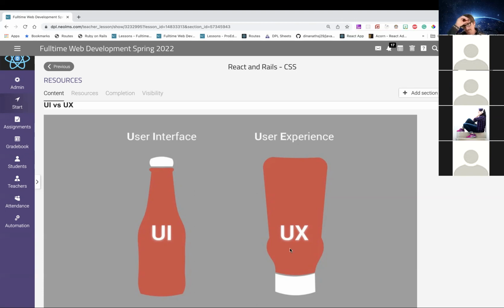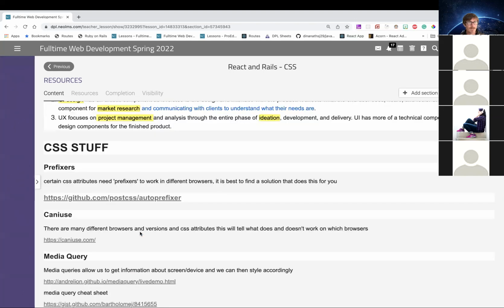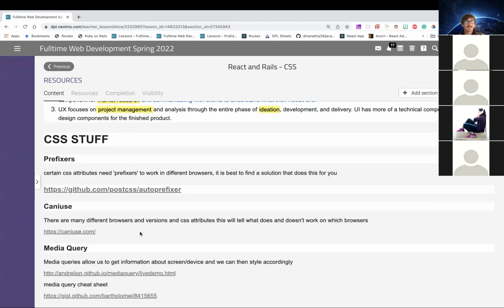So it's kind of like form follows function. User experience is function, user interface is the form. But yeah, so